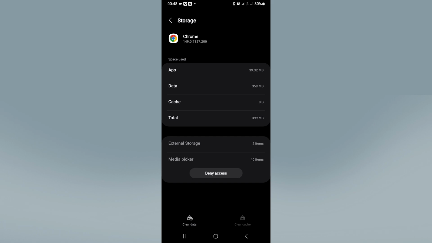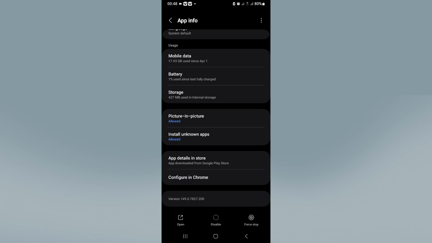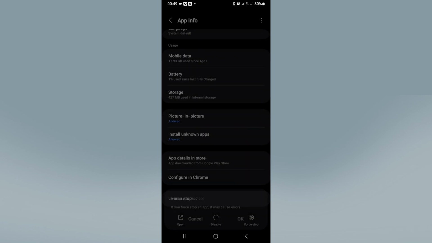And then what you want to do now is that you want to go back and then click on force stop right over here at the bottom right corner. Click on force stop, then click on OK,